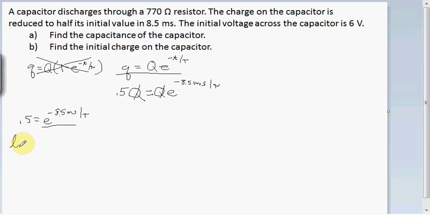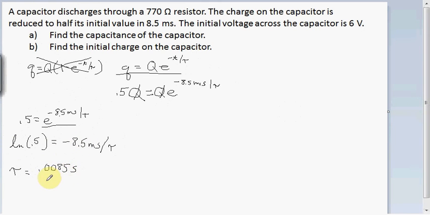And so the natural logarithm of 0.5 is equal to, and basically what the natural log function does is it undoes the exponential, and so we just have minus 8.5 milliseconds divided by tau. And that means that tau is equal to, let's see,